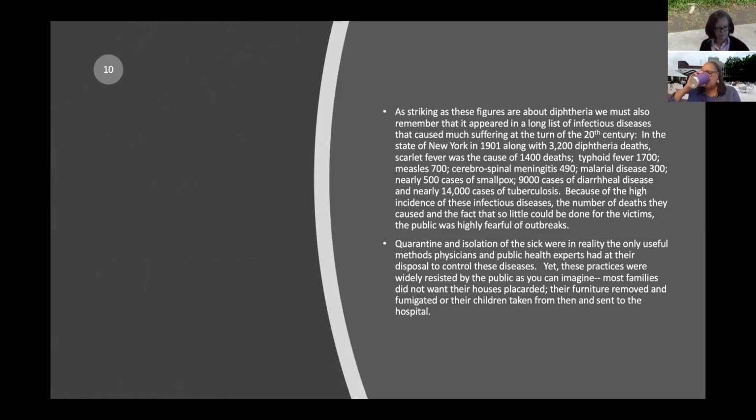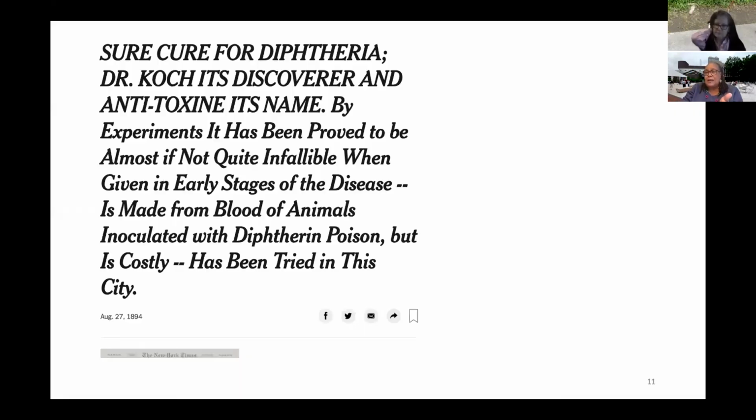One of the things that I want to say, and I just want to keep reminding you, is that there's a lot of infectious disease around. And the expectation for most people was that something was going to be happening all the time. They didn't have the sense that we have now, having gone past that period, that these outbreaks, like COVID, are unusual, unexpected, and unsettling in different ways.